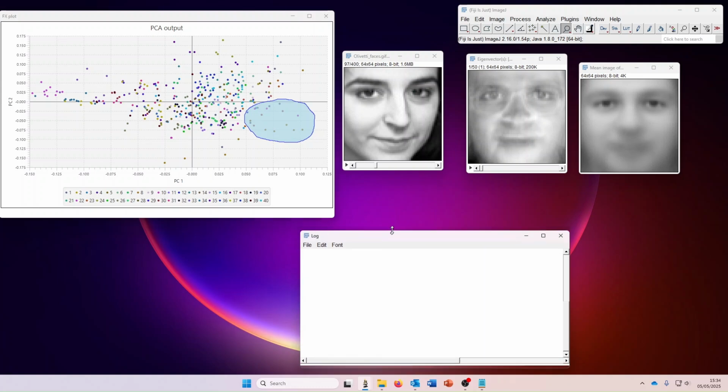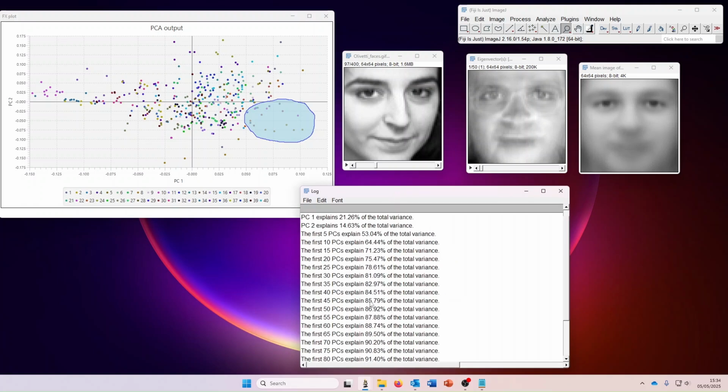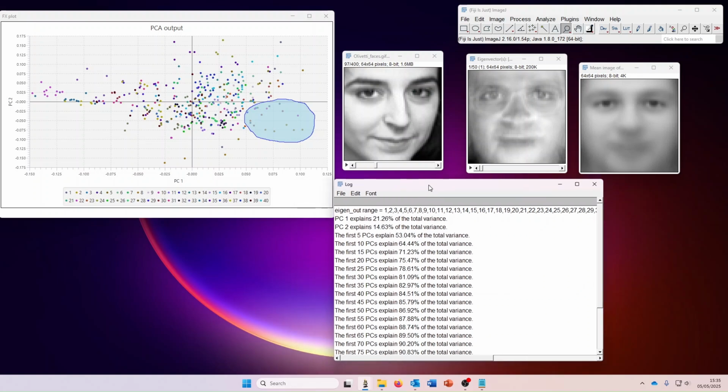And whilst we're on the log window, after the PCA run, we've also got eigenvalues represented and the percentage of variation captured within each principal component range. I think in other tools, this is described as variance. So we can see that principal component 1 explains 21.26% of the total variance, PC2, 14.63, and then after that